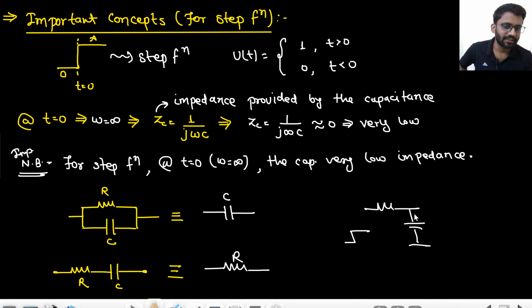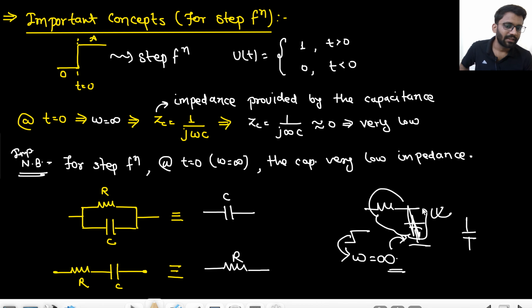So what did we do? We said that there was zero voltage across it, so we replaced it with the short circuit. This is also a good concept, but there is also one more concept that at t equals 0, we are having infinite frequency. So because of infinite frequency, this will be replaced with a single capacitor only. This R and C combination,